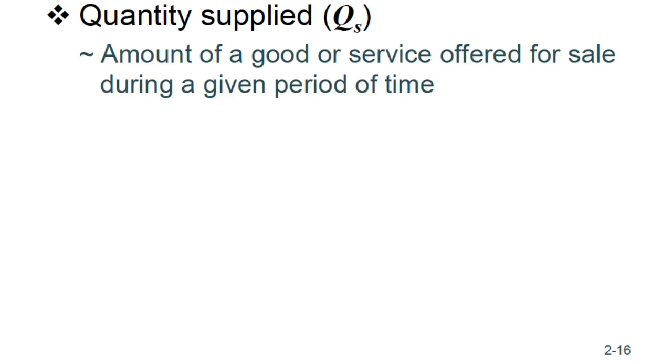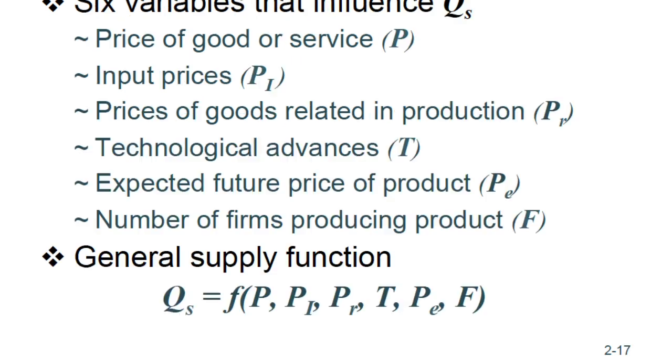Now we're going to talk about supply. The quantity supplied is the amount of a good or service offered for sale during a given period of time. So just like quantity demanded, I specify a time period that the supply function will be operational. These are the factors that influence supply and quantity supplied. So quantity supplied depends on the price of the good,